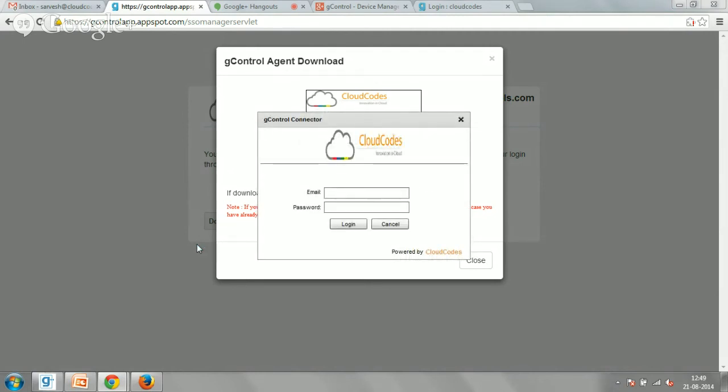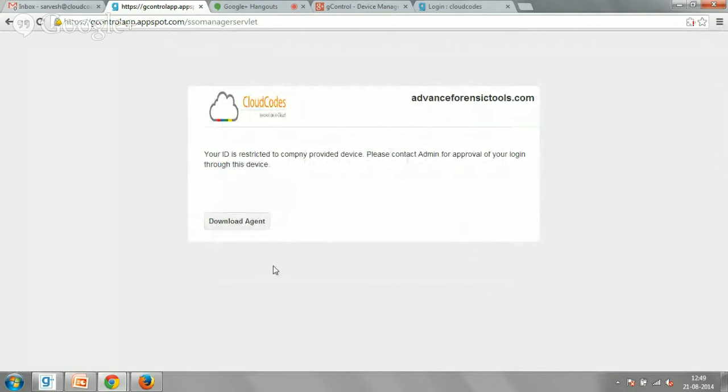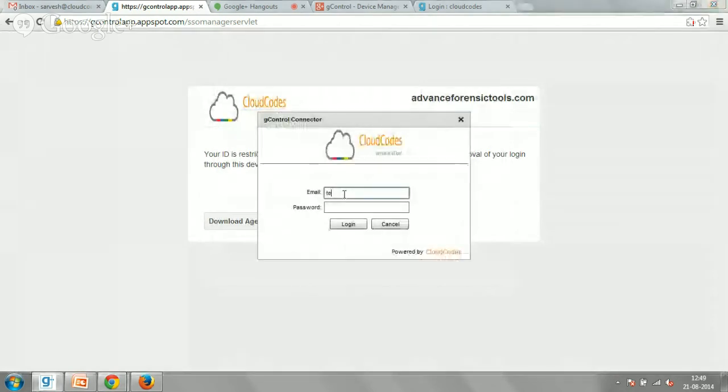Yeah. So once you click on this, you can see this pop-up coming up for login credentials. Now Service should give the credentials for the account. The entire email address has to be entered here, the test user at gcontrol.advancedforensictools.com.